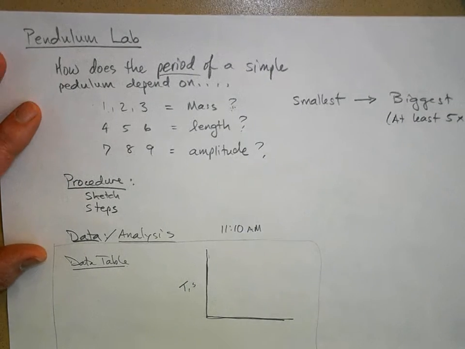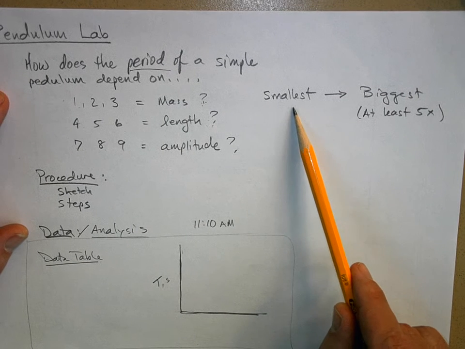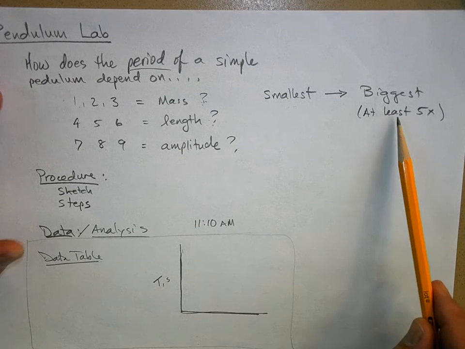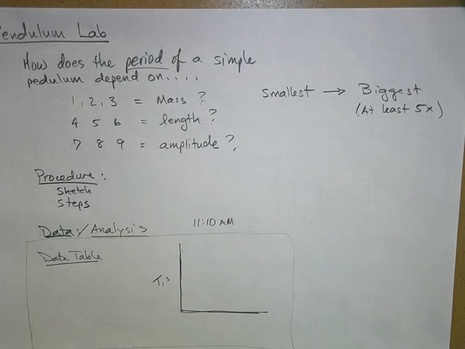And when you take data like this, I want the smallest value that you measure to be at least 1/5, or I want the biggest value to be at least 5 times greater than the smallest value, so you can see any mathematical patterns that come up. Okay, so